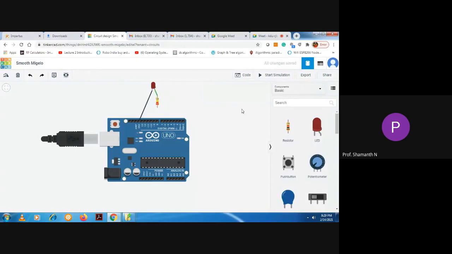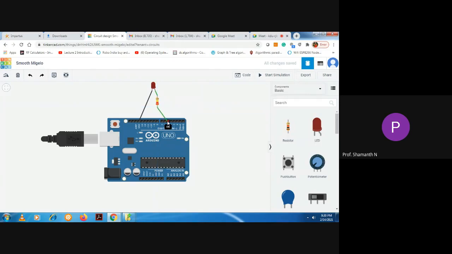Again, from the resistor to pin number 5, I will make a connection. As I told earlier, place the cursor on the pin of the resistor, the red square appears, then right click on it, then the wire appears. Drag it to pin number 5.